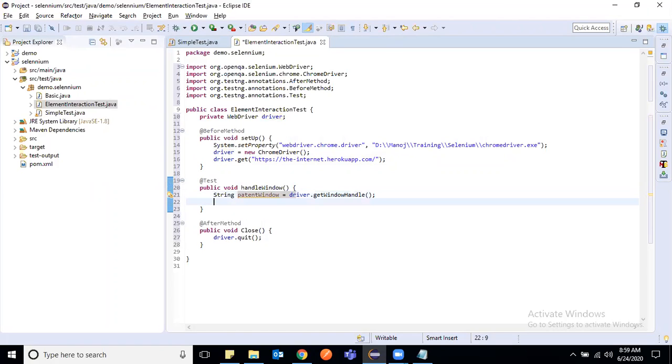Then let me print this. Here I say parent window ID is, and I can utilize this here so that it prints. There is a typo, let me correct this, parent, and I'll copy and paste this here. Okay, let us run this and see what happens.